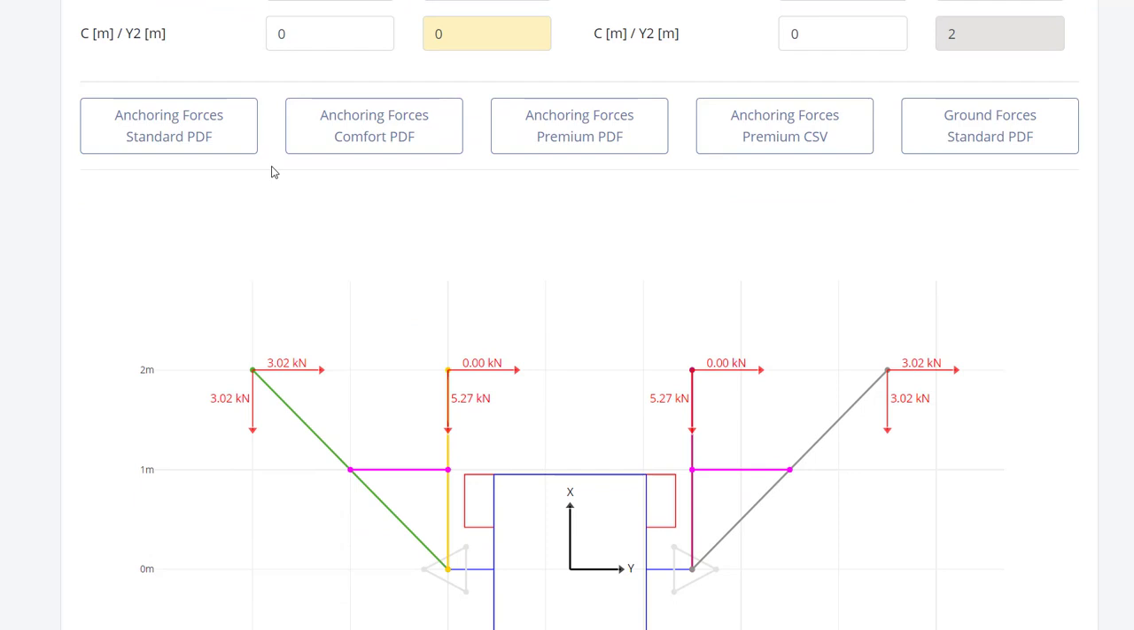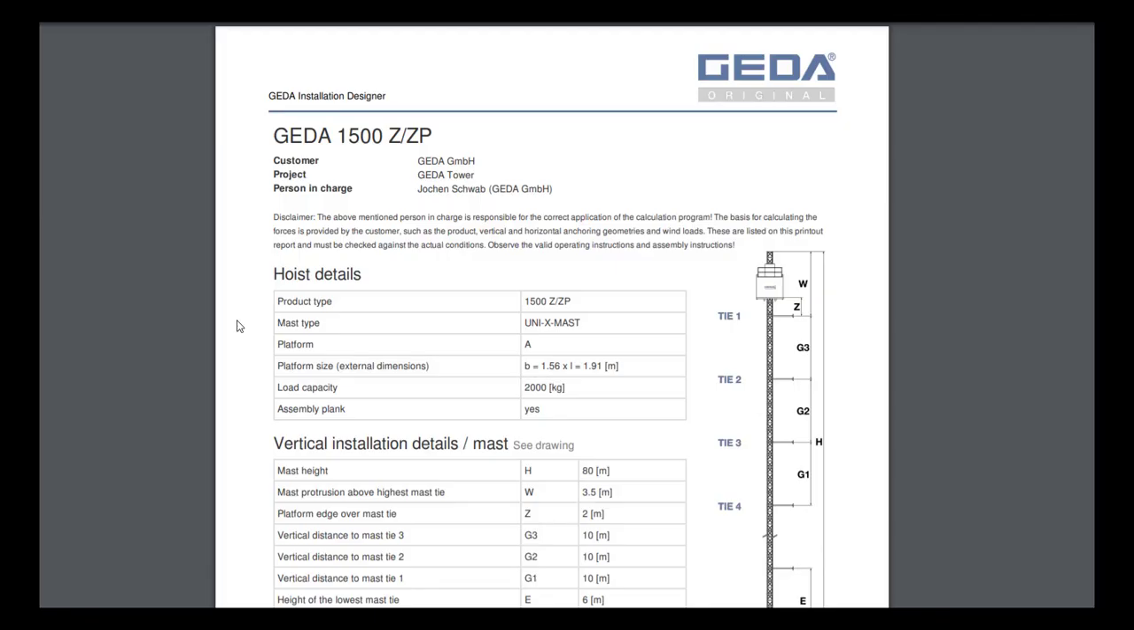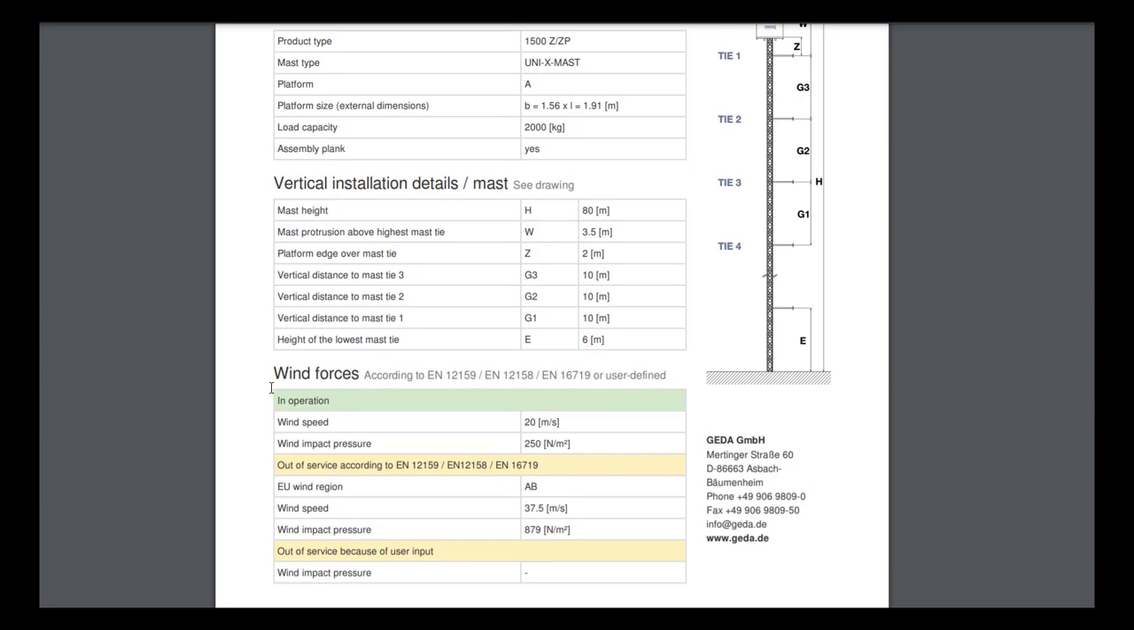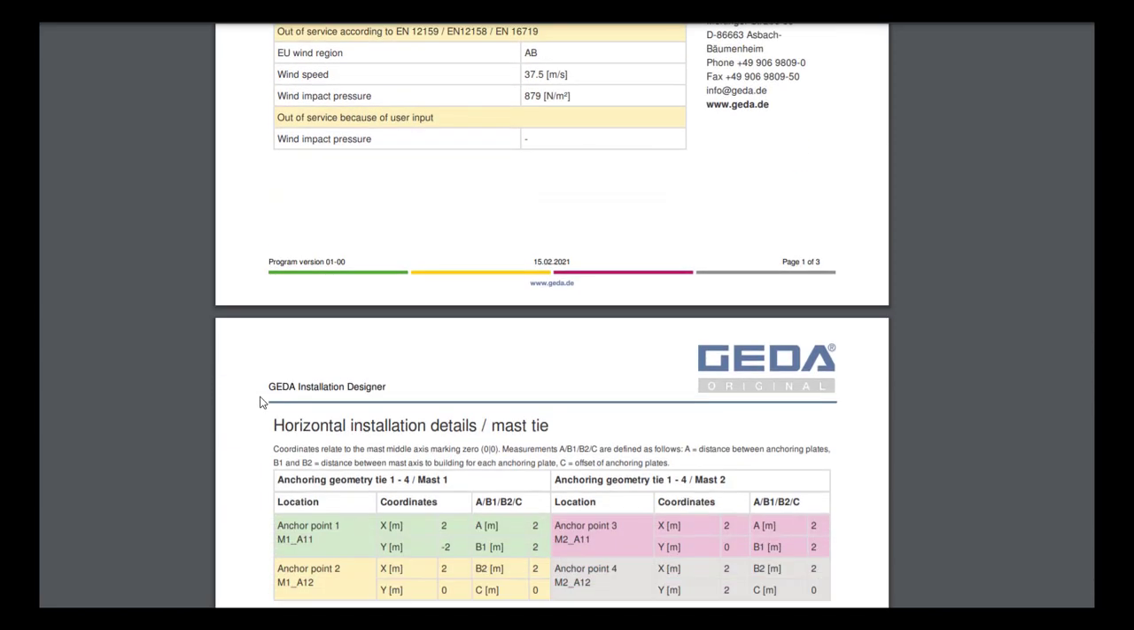All parameters are done now, so we can generate the standard PDF printout. Click this button. On the first page of the printout, you can see the hoist details, the vertical installation details, and the wind forces. On the second page,